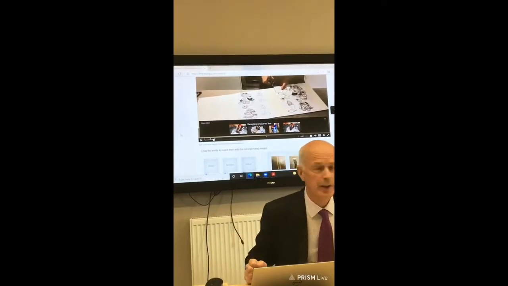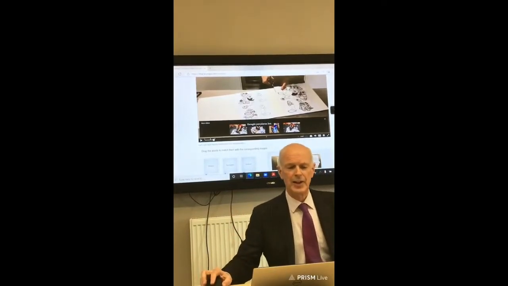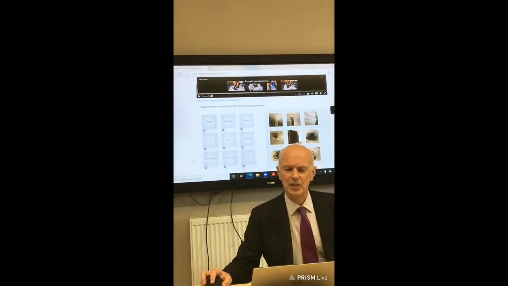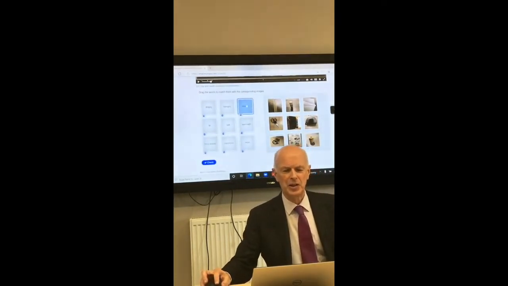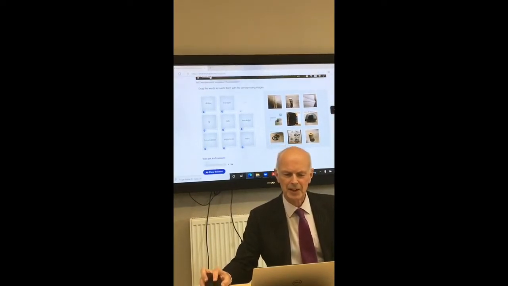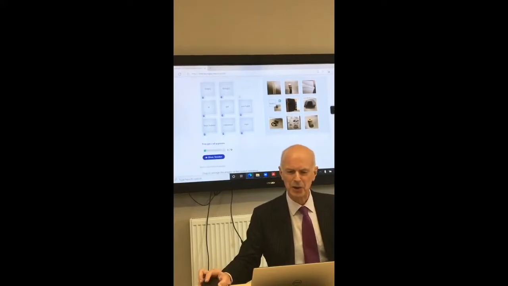Have you actually learnt any words by doing that? So you can then do a check activity to see whether it works or not. So the word for scissors, I seem to remember, was makas. So let's see whether that works or not. Check. Yes, I got 1 out of 9 there. That's great. So you can check your vocabulary there.